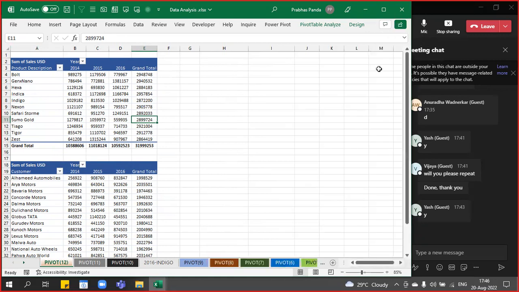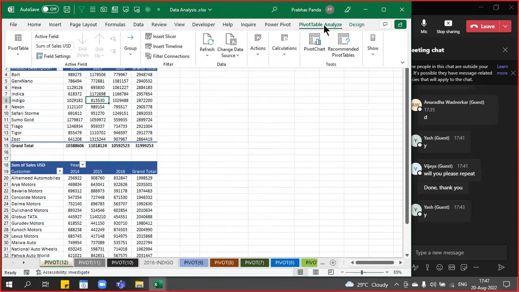Then in the first pivot table, keep your cursor, go to the PivotTable Analyze tab, then PivotChart. You can click on this